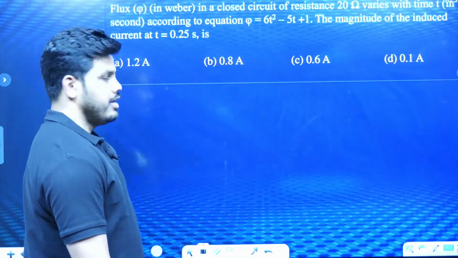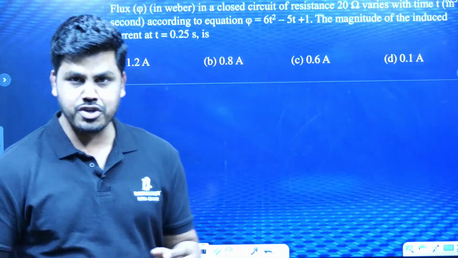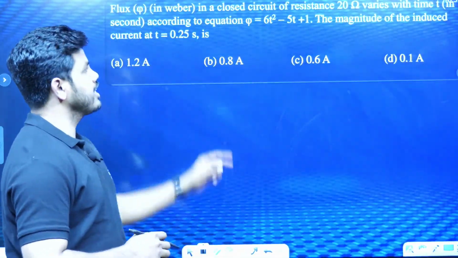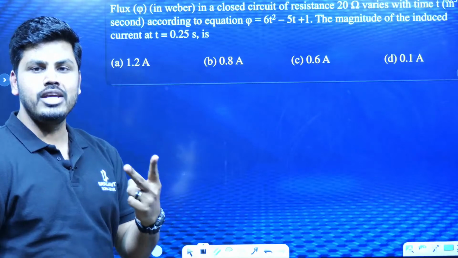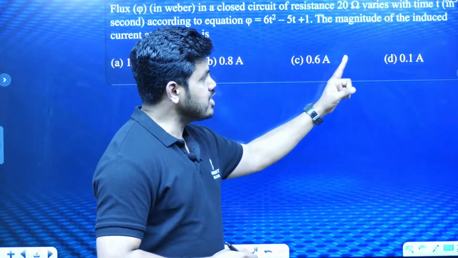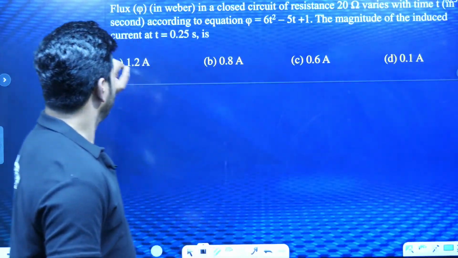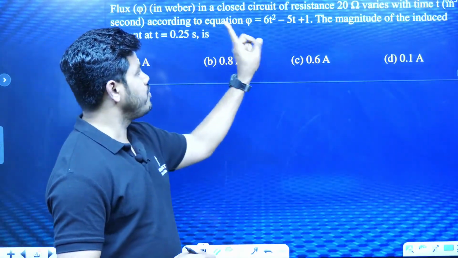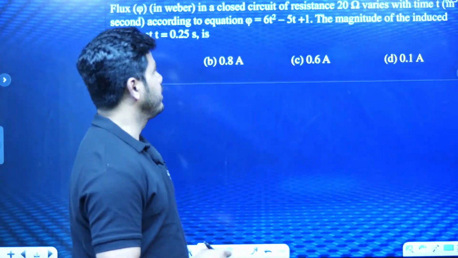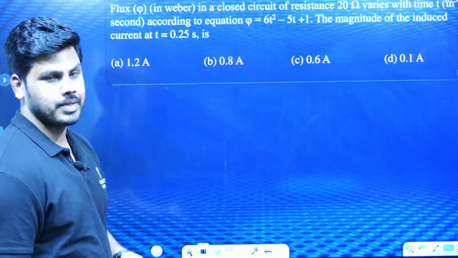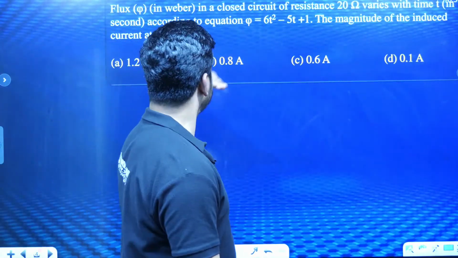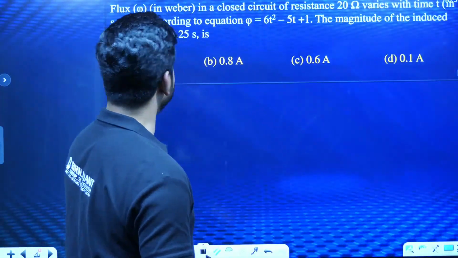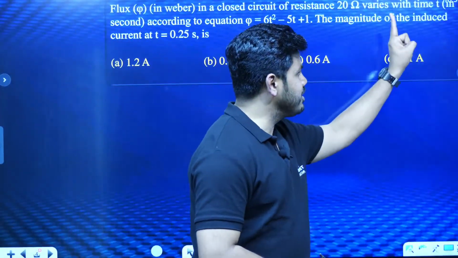Question number 1: you're given flux as a function of time. Look at that. Flux in Weber in a closed circuit of resistance 20 ohm varies with respect to time, time given in seconds, SI units, according to the equation phi = 6t² - 5t + 1. The magnitude of induced EMF at t = 0.25 seconds is, remember, not induced EMF,